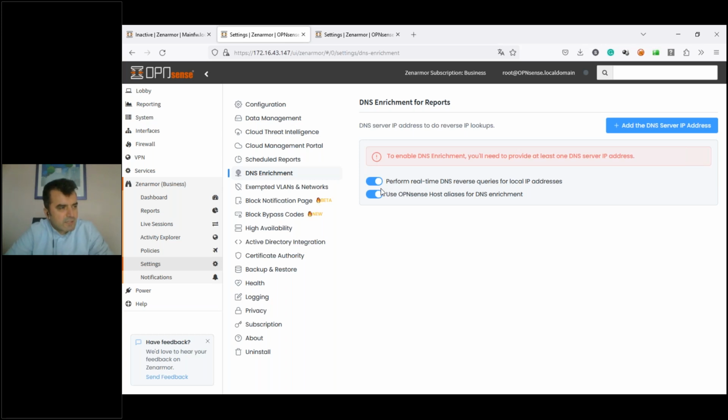Zenarmor can also catch host names from LLMNR and mDNS packets on the network. And the other option is host aliases. If you define some aliases in the firewall menu on OPNsense, Zenarmor will use these aliases as host names in the reports.